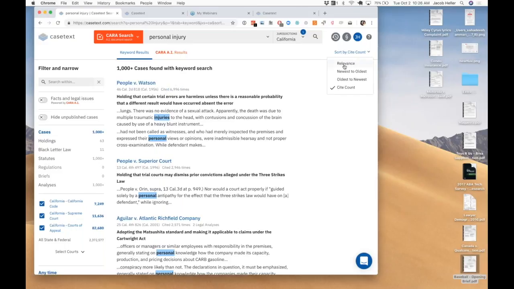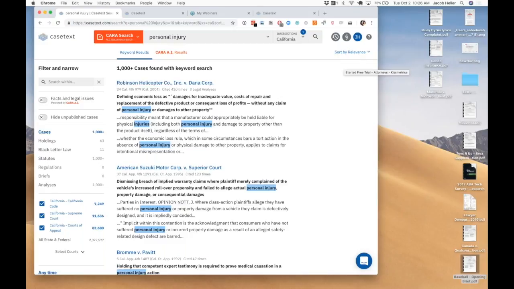So what is just the most important case by cite count that covers what I'm talking about? And of course, there's our relevance algorithm that takes into account a number of different factors, including the number of cites the case has, the number of times it talks about your issue. Does your issue appear in the holding to the case? It's up here in bold. How recent is the opinion? How high of a court, right? The relevance algorithm is very complex, uses a lot of different factors,